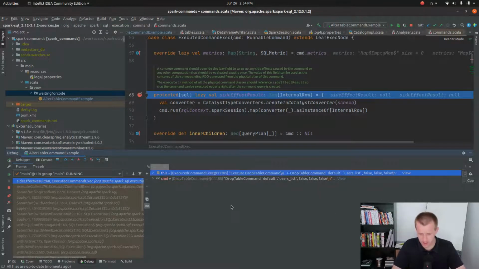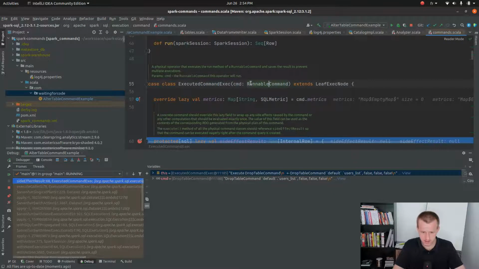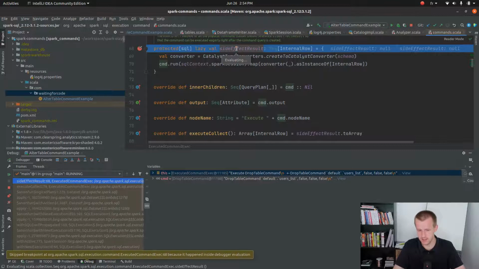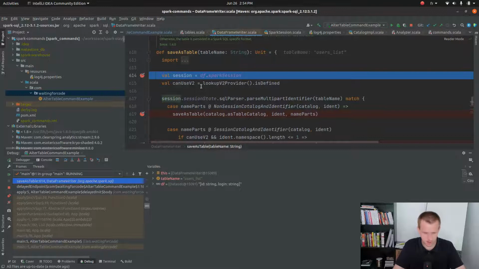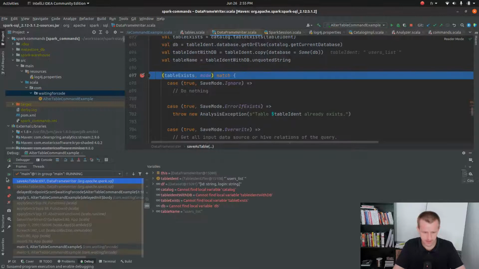So here you can see the physical node which is responsible for running these metadata commands. This physical node is shared, it's the same for all metadata commands, and it's called execute command exec. As you can see, it takes the command in parameter and later executes its run method inside this side effect result field. So here I will not explain it yet, but I will do that just after, when we go to this alter